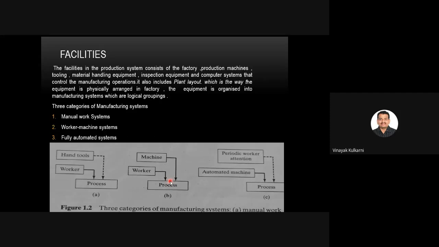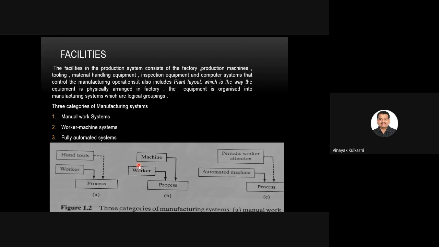If you go to a service station, the person who has to replace the tires or check the alignment will not use a spanner. He will use a nut opener machine, which works on air or hydraulics. So it is an automated machine. He just puts it onto the wheel and takes out the nut. Whereas here, the hand tool was the spanner, here it is an automated nut opener. Worker machine systems include a combination of one or more workers and one or more pieces of equipment.